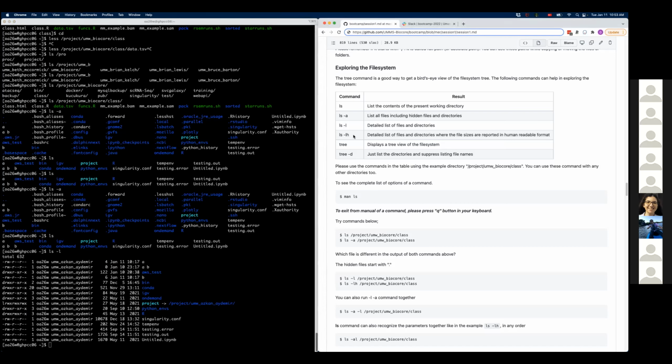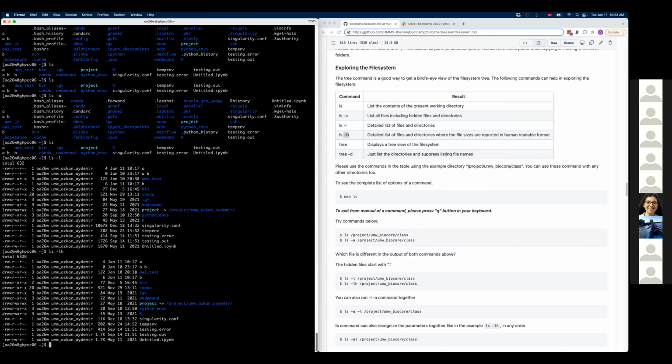And you can combine different options as well. So if we do ls -lh, it's the same as doing ls -l and space -h. H is for human readable. As you see, these file sizes are in bytes here. But if we do lh, it's going to show us in kilobytes, and for larger files especially, it becomes problematic, because if you have a number that's 10 million here, it's sometimes hard to just understand how big the file is.